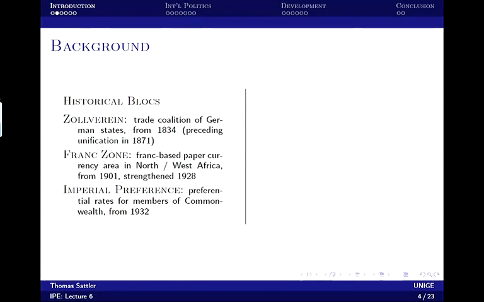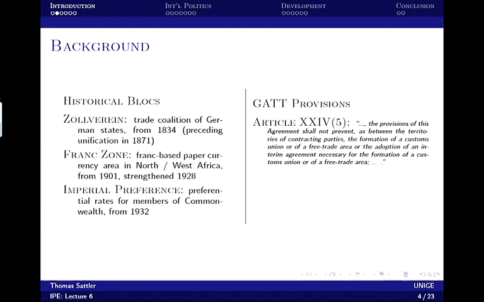So that's the historical background that's necessary to understand what the debate is today about the role of preferential trading agreements, whether they're actually discriminatory or whether they're actually trade promoting. And if they're trade promoting, their purpose or their effect on the international system, also on the international multilateral system, is very different than if they are trade diverting. So why do we look at this today? Oh, so what is the legal foundation of those preferential trading systems today?